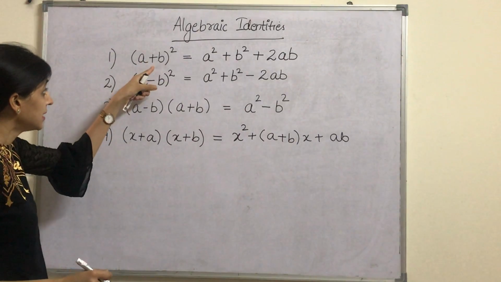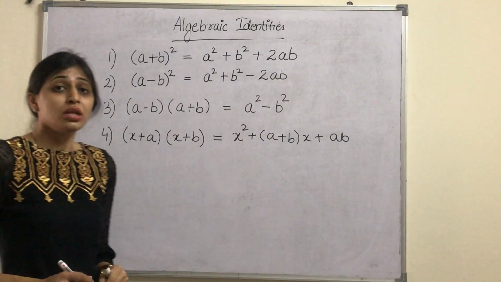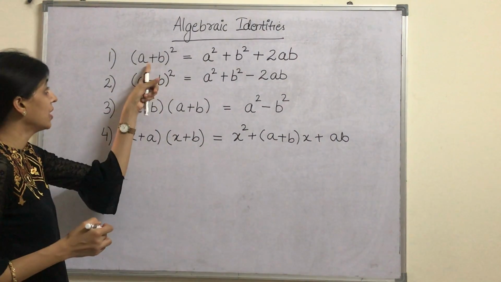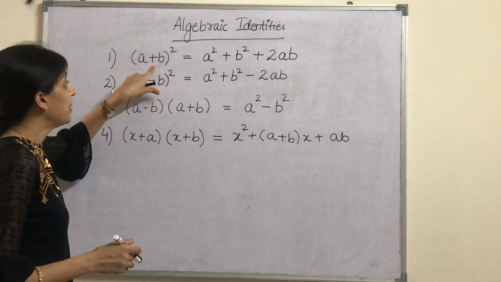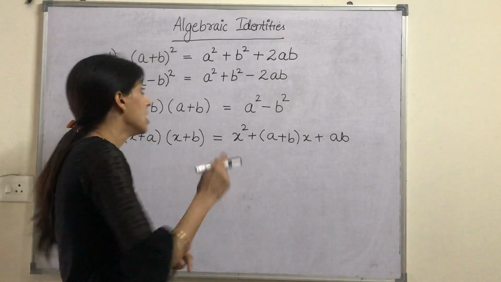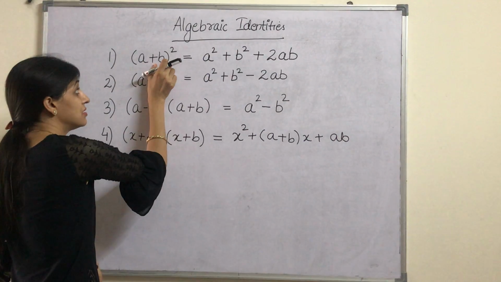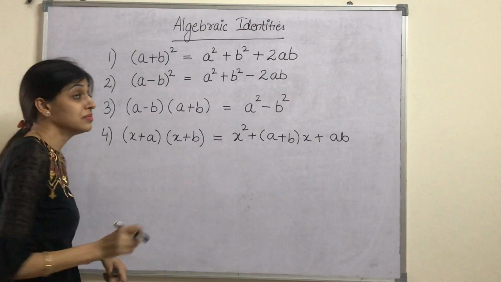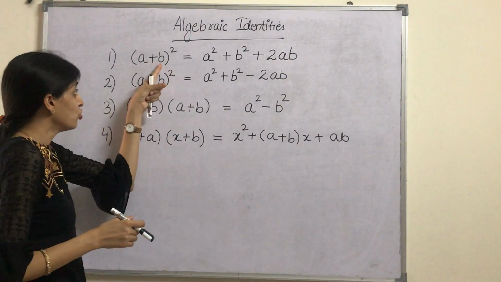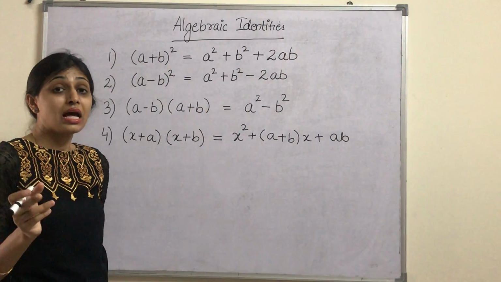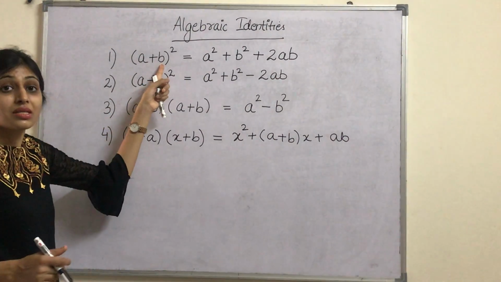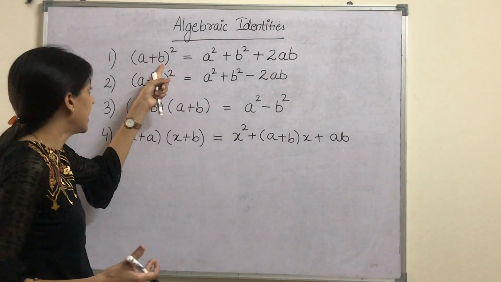Now, these are the 4 identities on the basis of which you have to do the questions. Look carefully in all the 4 identities. Here it is a plus b whole square. That means there are 2 different numbers. A is a different number and b is a different number. These are 2 separate terms which we have to add, and then do the whole square. If in a question it comes 100 plus 2 whole square, that means 100 is A and 2 is B. We will do 2 questions based on that.